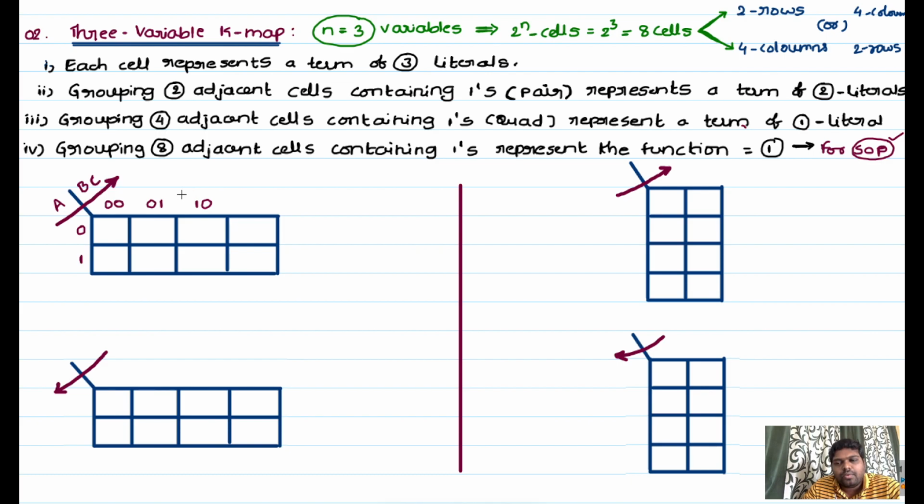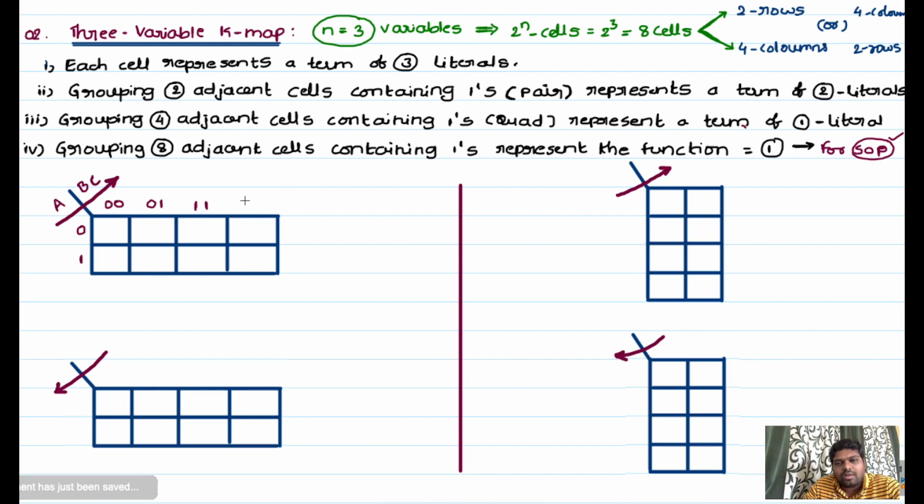That's why, instead of 1 0, I am taking 1 1. Now you can compare. The first bit position obviously changes, here 0, here we have 1. So the first bit differs. And if you observe the second bit position, it is the same, 1 1. So I can take 1 1. Then only it follows the Gray code sequence. Otherwise it will not follow the Gray code sequence, and if it does not, we couldn't get the minimized boolean expression.